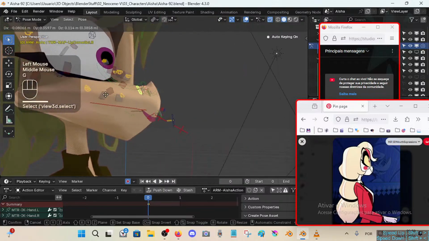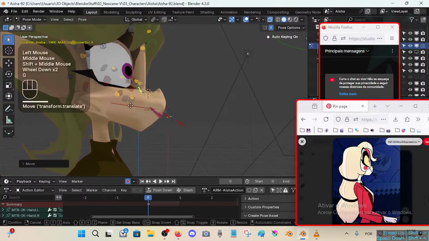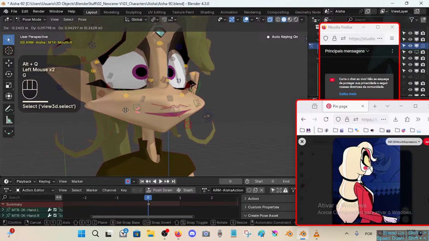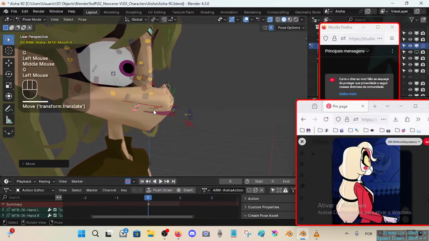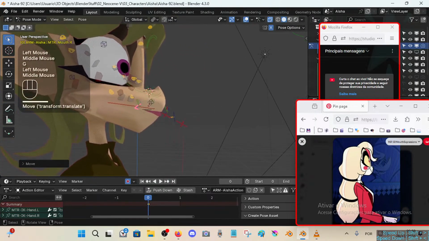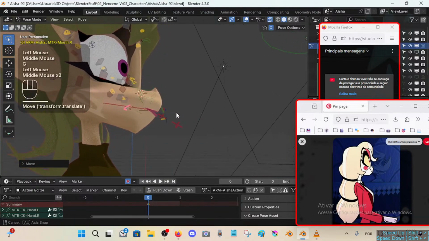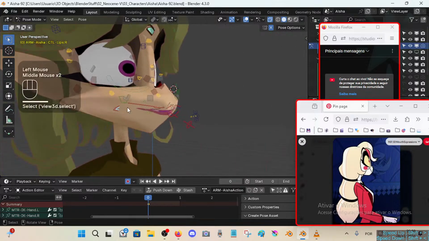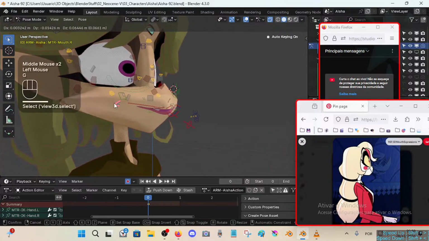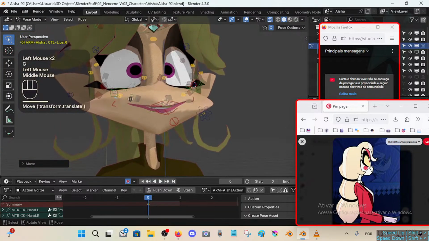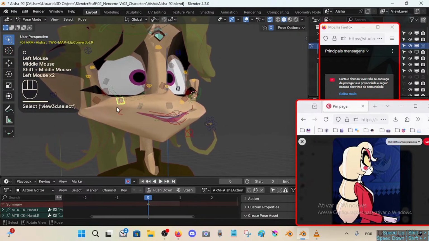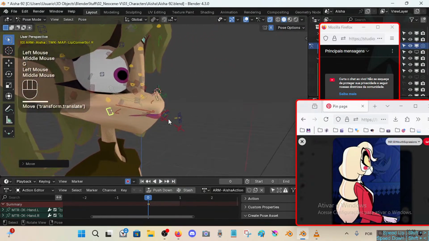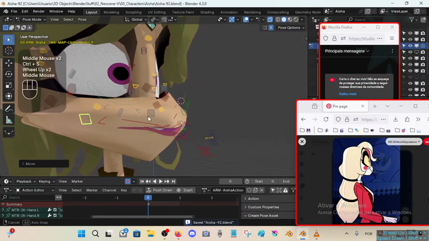Okay, so first we need to move this to the side, and up, and then we need the mouth lips here to go here. Then we want the